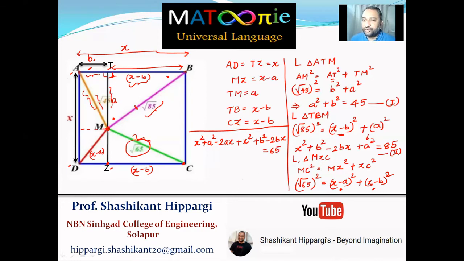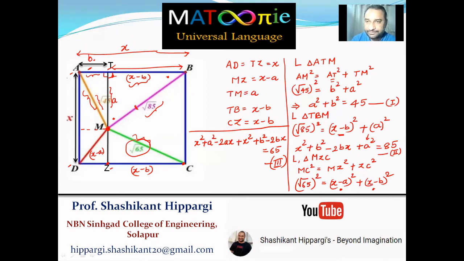Is it clear, everybody? So I'll call this equation number 3. Okay. So we have formed the 3 equations now. And by using these 3 equations, we need to find the 3 unknowns a, b, and x. Why are we finding a and b? Because by finding a and b we can go for x, or directly we can calculate x also. There is no need to find the value of a and b, but still if you can find the value of a and b, that's good. So I'll write these 3 equations in the next slide, and then we will try to solve it.